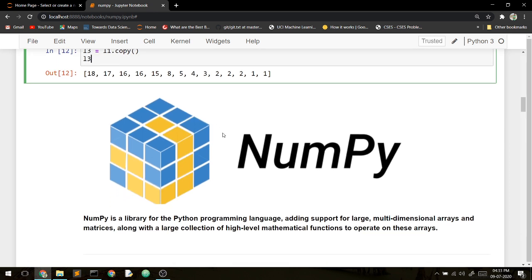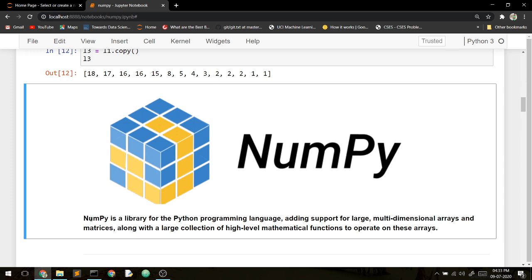Now I am going to introduce you to NumPy, the main thing that we are going to introduce in this video. What is NumPy? This definition is taken from Wikipedia. NumPy is a library for the Python programming language, adding support for large multi-dimensional arrays and matrices, along with a large collection of high-level mathematical functions to operate on these arrays.